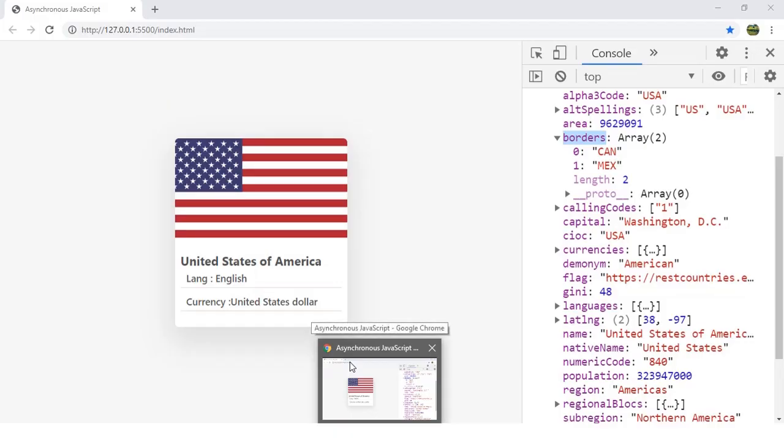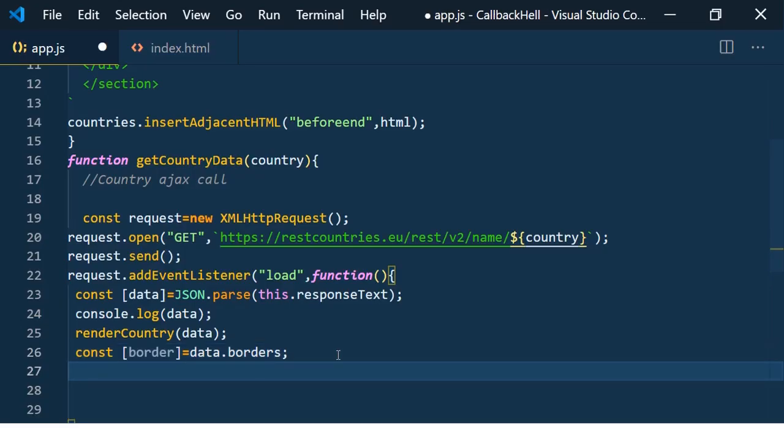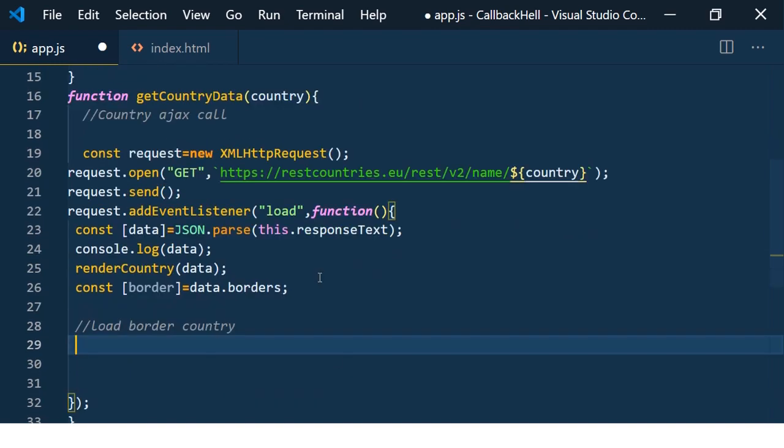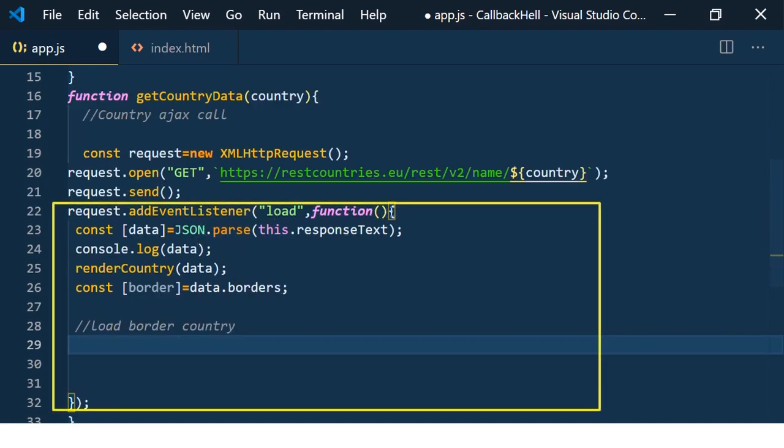Now we need to write code to load the data of the border country. And remember one thing, we are doing this inside the callback function of the country's Ajax call.